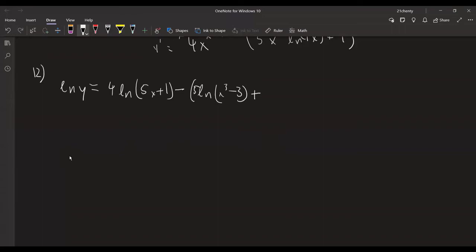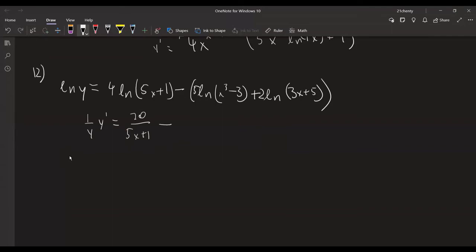And then do this, bringing down the exponent again. So this is in log form, and then differentiating it, we get this. This becomes 4 times 5, so 20. All right, here, I'll just show step by step. 4 over 5x plus 1, and then chain rule of this makes this 20 on top,